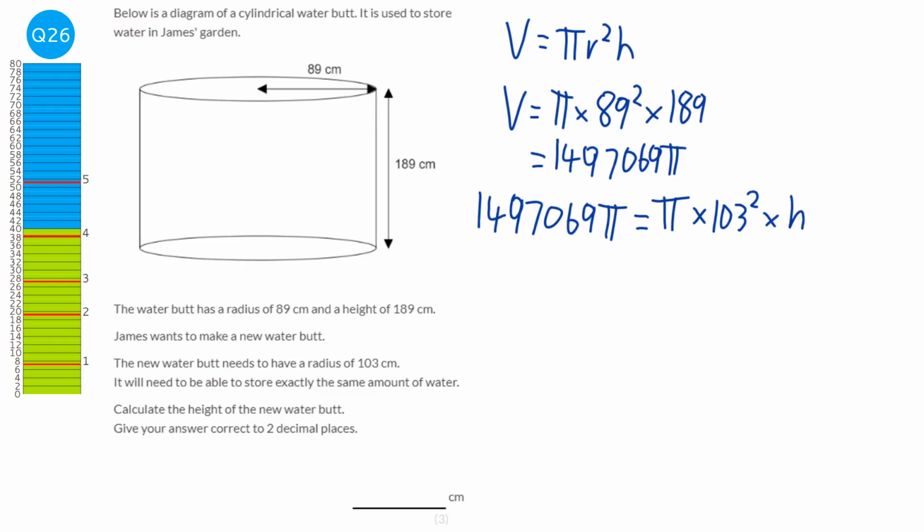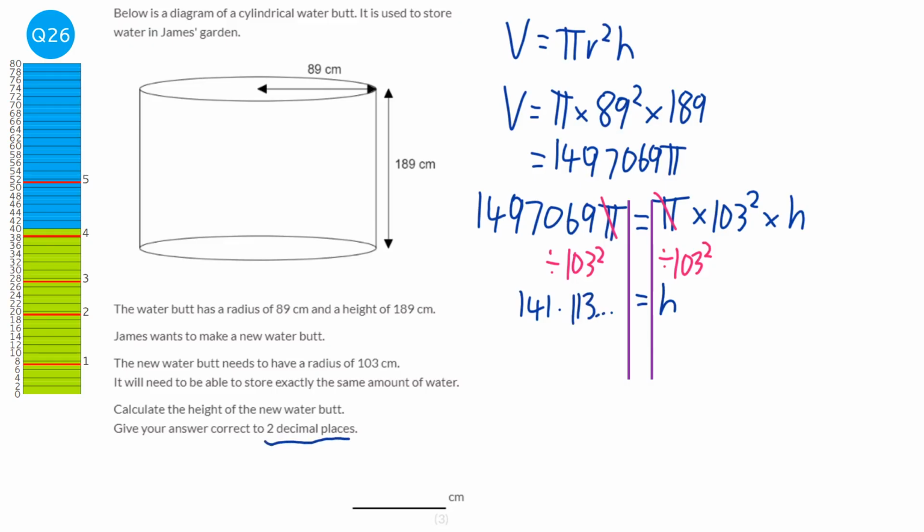Okay, so first thing we can do actually is just cross off the pi's from both sides. We don't really need them at all. And then we can get our solving lines in, and we can divide both sides by the 103 squared. And on the left hand side we get 141.113 and so on, and on the right hand side we get h. So the height will be 141.113. It says it wants it to 2 decimal places, so that would be